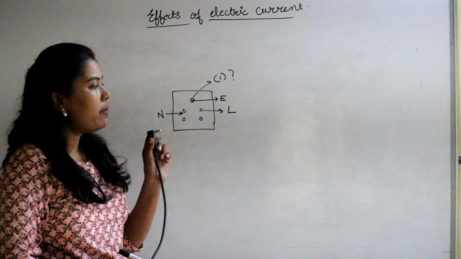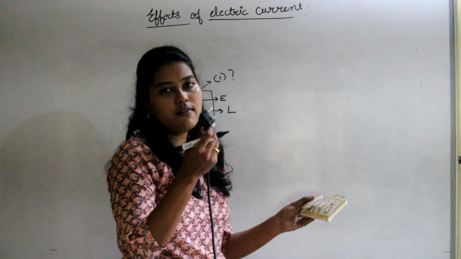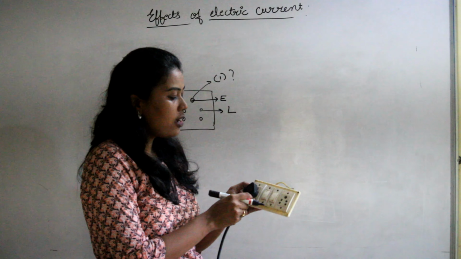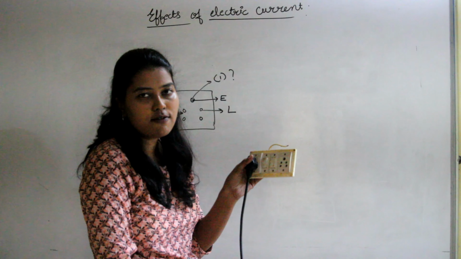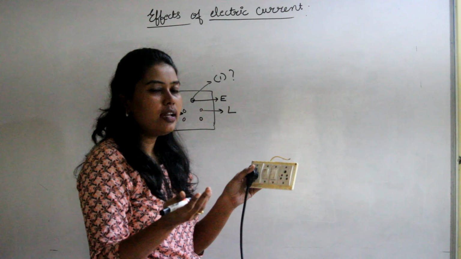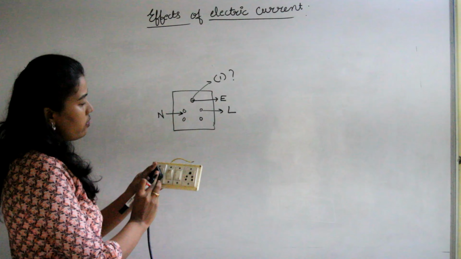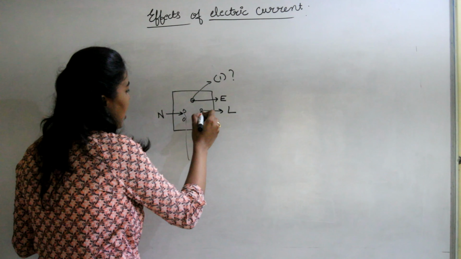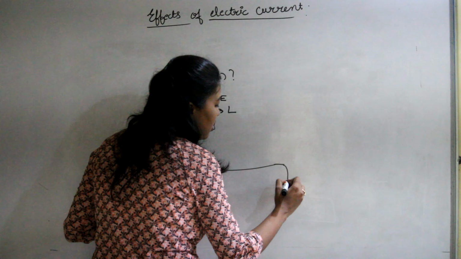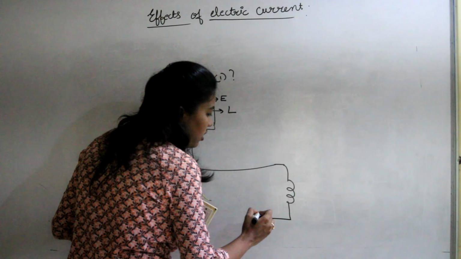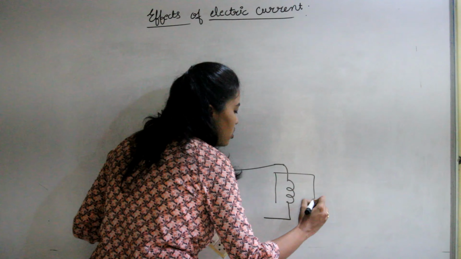So what happens when you connect this? This is the wire of the laptop I have taken. When I connect this to the switch and you switch on the switch, the current will start flowing, and it will go to the load. I have connected the switch here. That means a live wire and a neutral wire together are connected to your load. I am showing the load as an inductor here. Some load here.